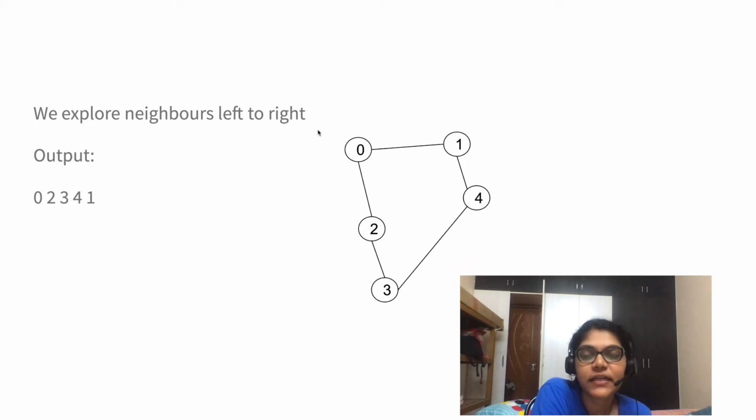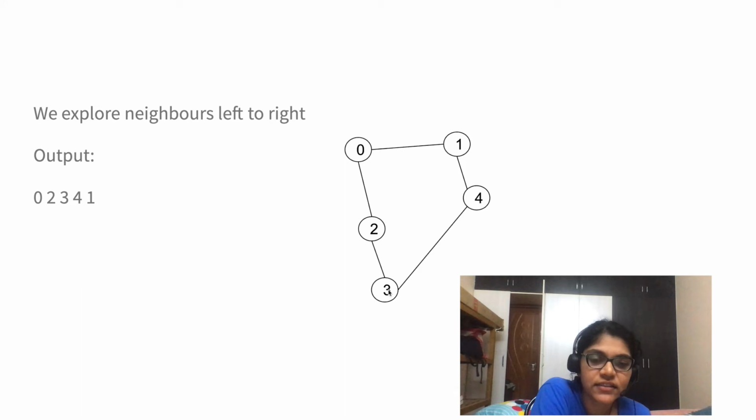Now let's see an example. In our current implementation of DFS, we will explore the neighbors from left to right. Here we have taken a simple graph 0, 1, 2, 3, 4. We start from the current node 0. It is not visited, so we pass it as an input to the depth first search function, and then we go to the neighbor 2. Since we are doing a depth first search, before proceeding to the node 1, we recursively explore the nodes connected to the neighbor 2. The 3 is connected to 2.